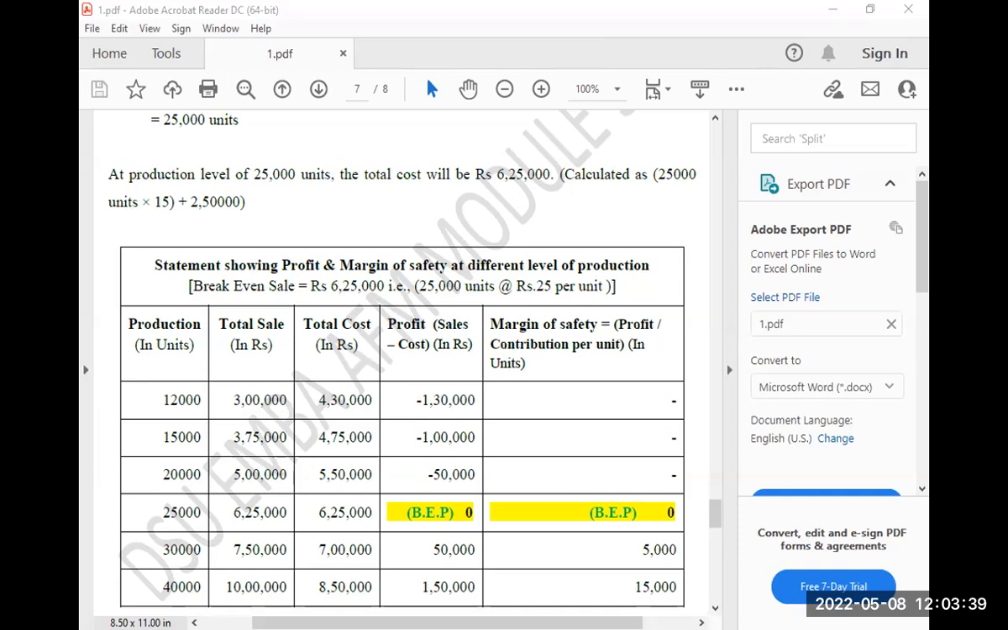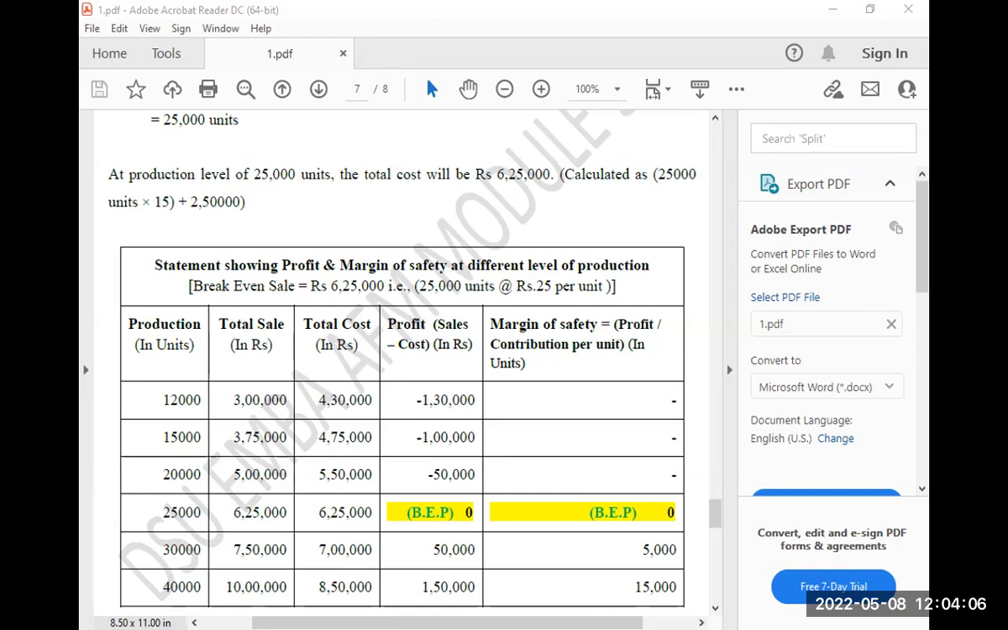Rupees 20X. Why is it rupees 20X? 20 rupees is the selling price of one unit. How many units are we going to sell? We don't know. That is X. We're going to find it out. So 20X is equal to rupees 15X. What is 15X? Variable cost for X number of units. Okay. 15X plus